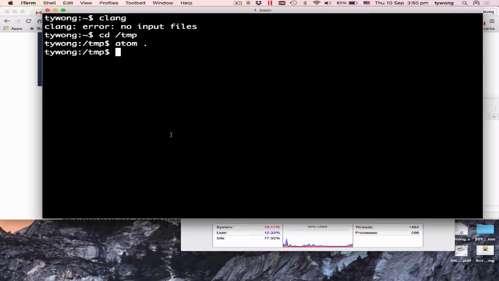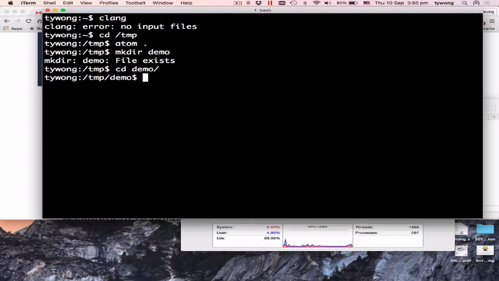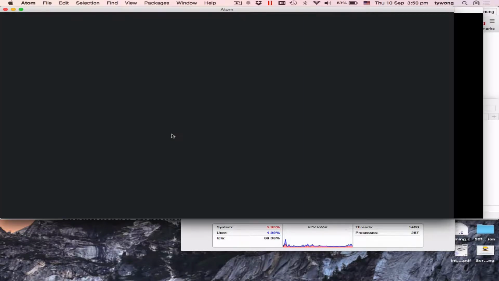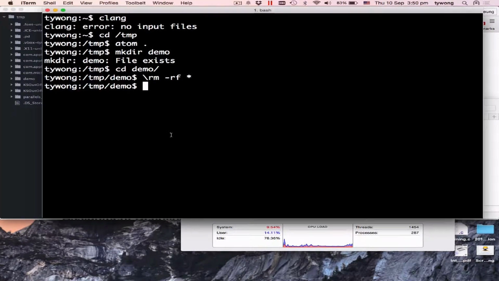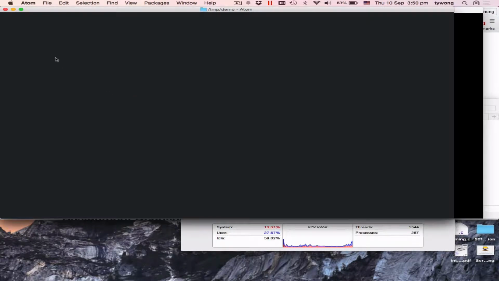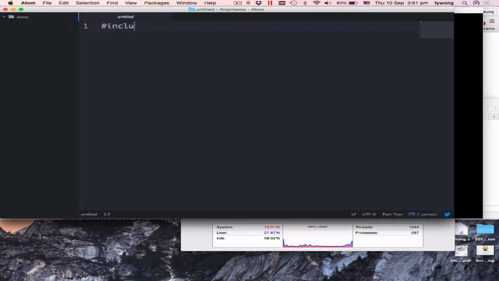I open all files. Atom is slow. So let's do it. No, include is not good. Okay, main void.